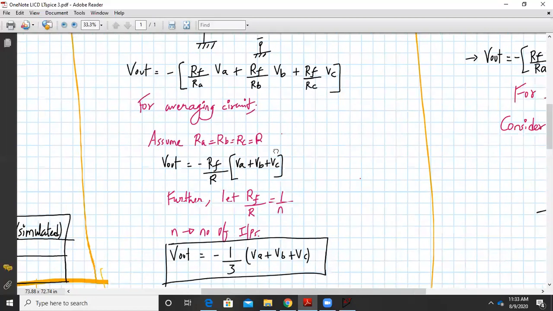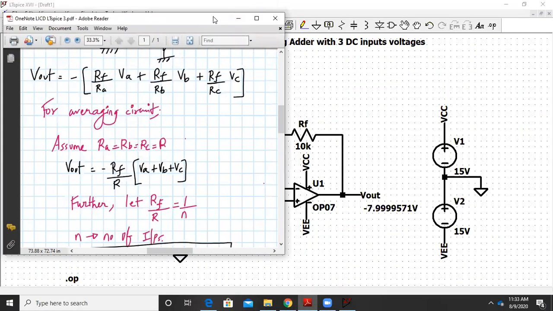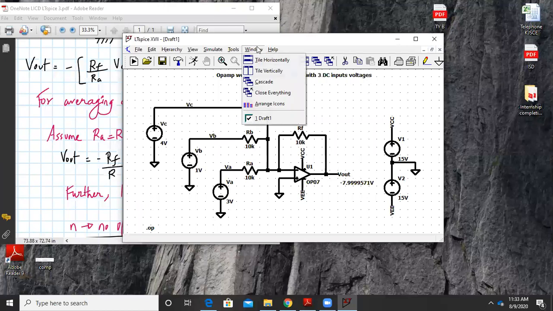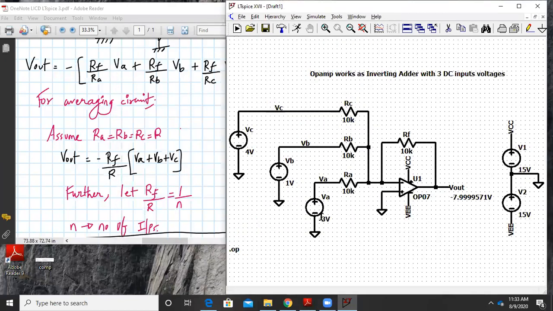So let us try to do that now in a circuit. The same circuit, only these changes we have to do. So let us go there. Okay, this is my circuitry. Let me keep it open on one side so that it all looks the same. Here RA, RB and RC we can consider to be R, and what will be RF? N times RF will be R. So basically your N will be 3. So 3 RF is equal to R. Your R is 10K. So RF will be somewhere around, let's say, 3 times, right?